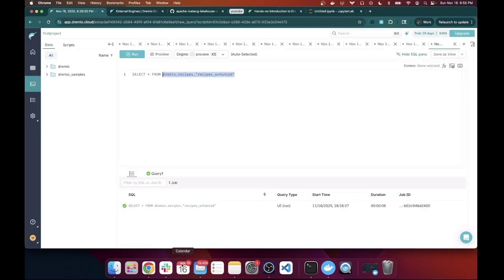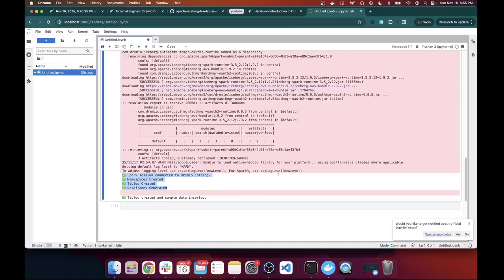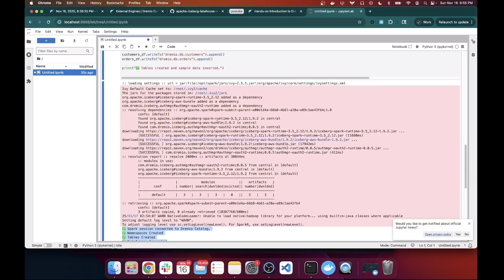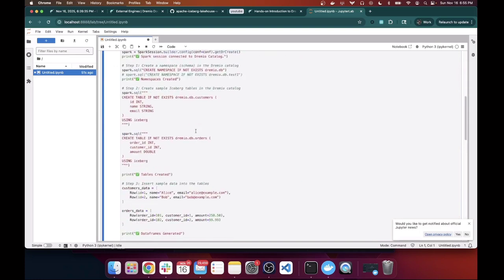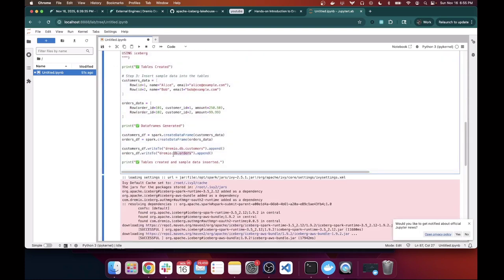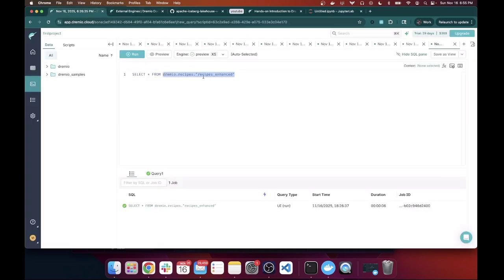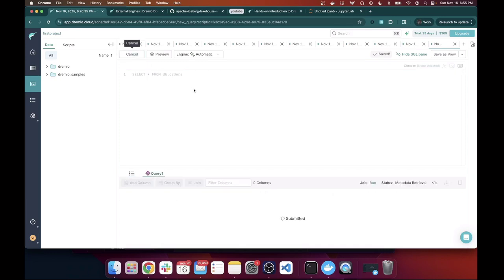So I should now be able to query, let's see here, what was it called? Let me look at the code. Okay, db.orders. It's one of the two tables I created, so I'm just going to remember that. db.orders. So let's go query it. Let me go select star from db.orders. Even if I don't see it necessarily in the UI yet, it's in the catalog, and that's going to be the source of truth. So then I can just run select star from db.orders,